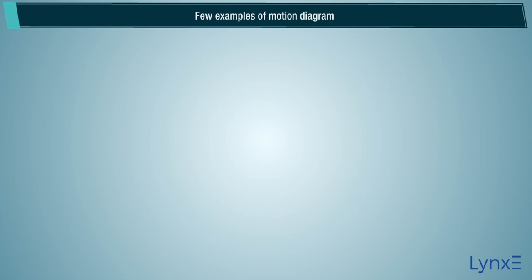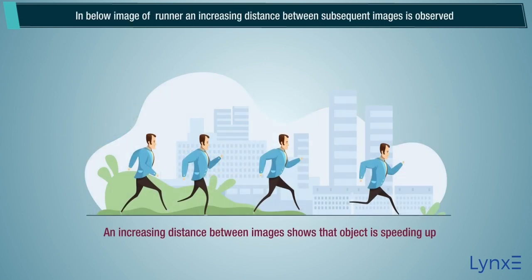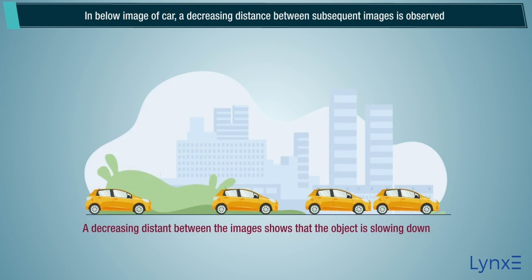Few examples of motion diagram. In the below image, skateboarder images are equally spaced, which indicates that the object is moving with a constant speed. In the below image of the runner, an increasing distance between subsequent images is observed, which indicates that the object is speeding up. In the below image of the car, a decreasing distance between subsequent images is observed, which indicates that the object is